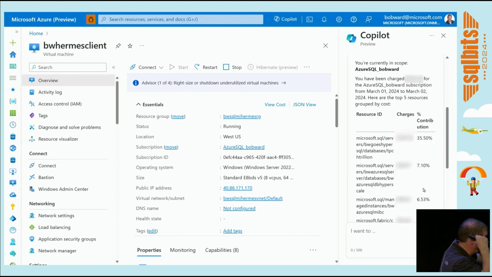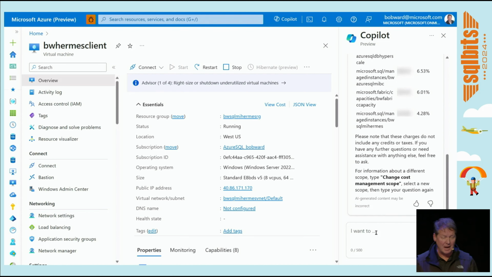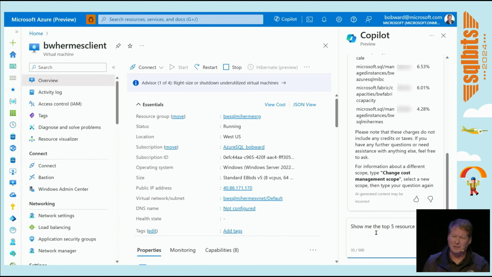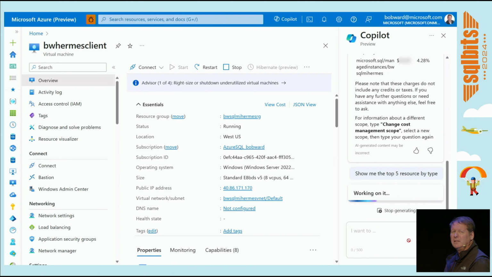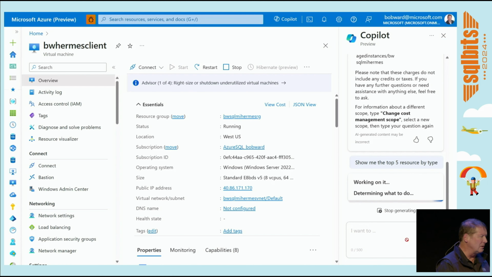So I can already get some information that today I don't really know how to go get and navigate in the portal. Another one is just break down my top resources by type. Man, what am I doing? Am I a developer? Am I doing hyperscales? Am I doing virtual machines? I don't really know where I'm using my Azure footprint,